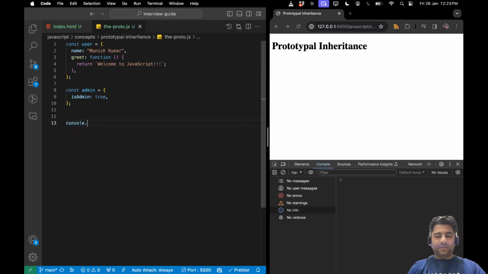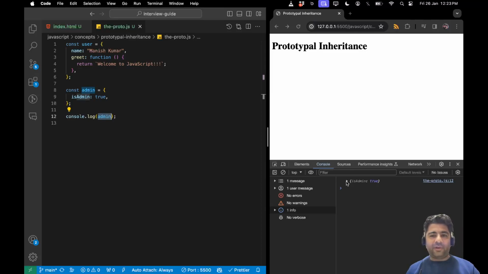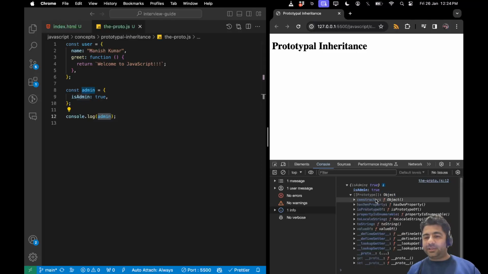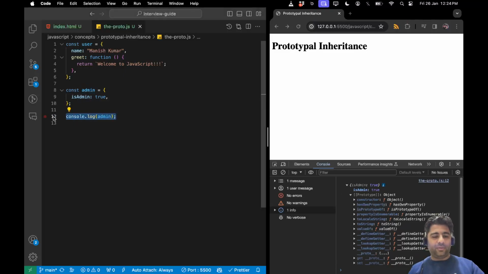Now let's try to log one of the objects here, and here we are using the object literal syntax to initialize the object, right? And I logged this object. So let's analyze what we have available in the object. In the object we have an isAdmin property, because isAdmin we have defined. Now if you see clearly, there is a prototype property also available in the object. As we discussed in the last topic, in JavaScript every object by default inherits from the Object.prototype property. So this is the Object.prototype, which has some default methods available in it ready to use. For example, I can do this